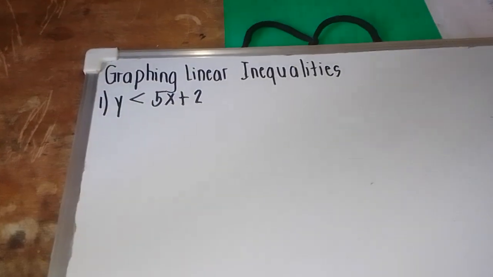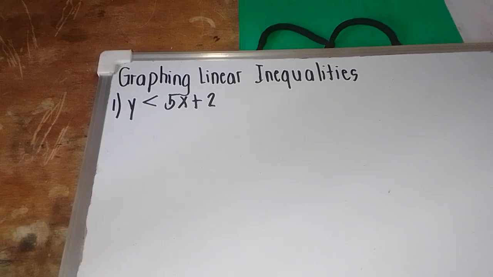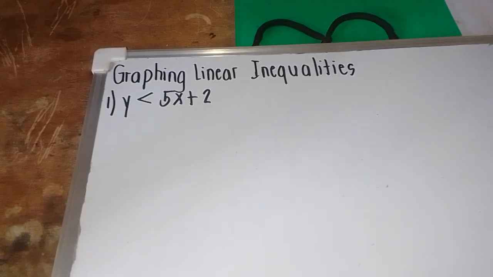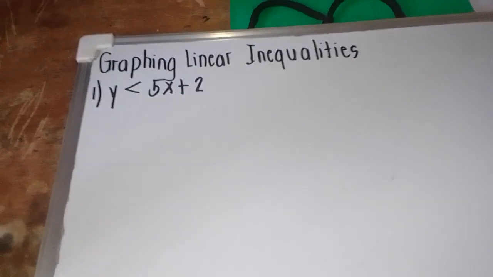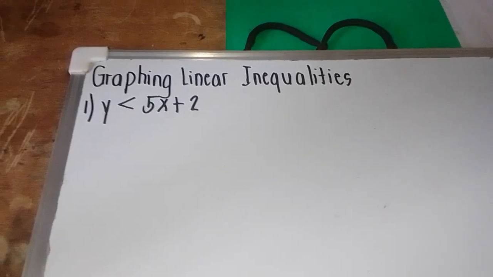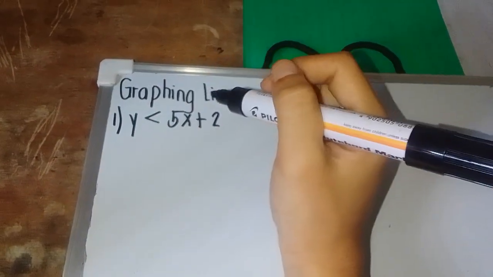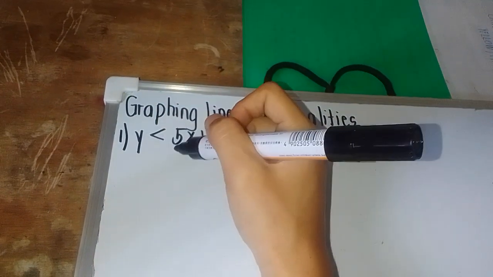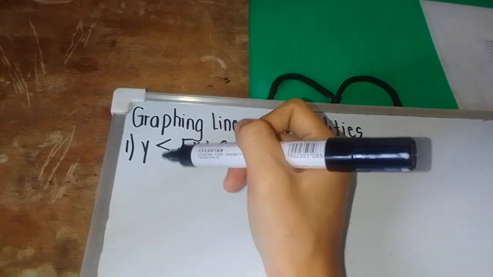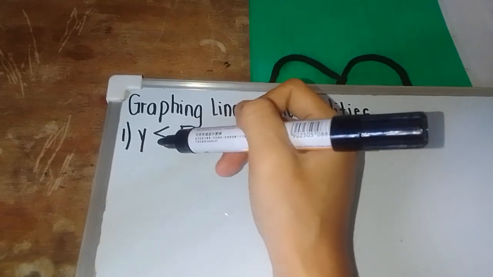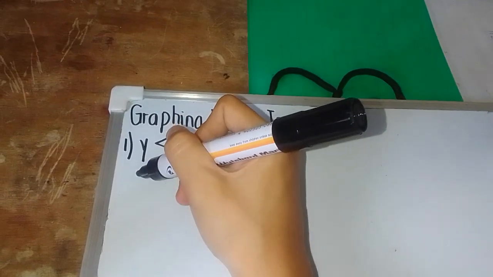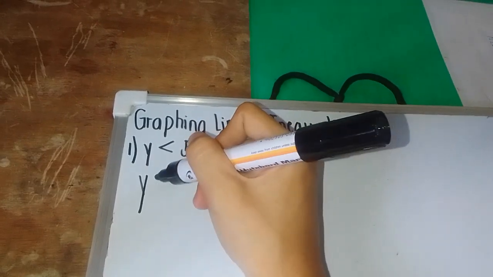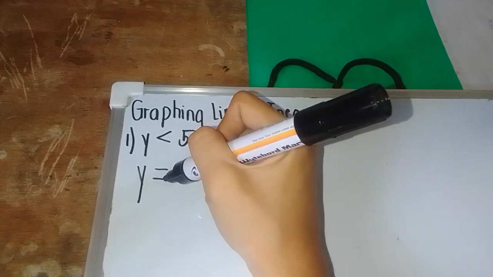Without points, we will not know how to graph the given linear inequality, right? So, first step is you have to convert the given linear inequality to equation. So, we are going to replace the inequality symbol with an equal sign. So, y equals